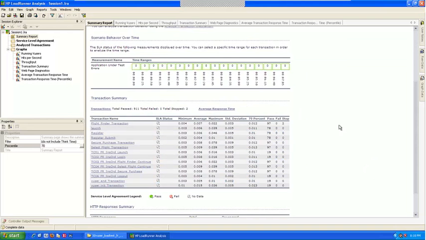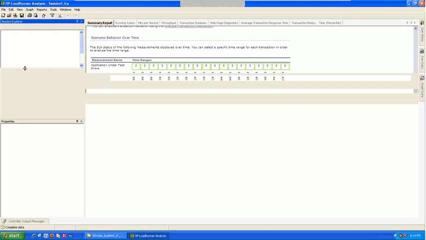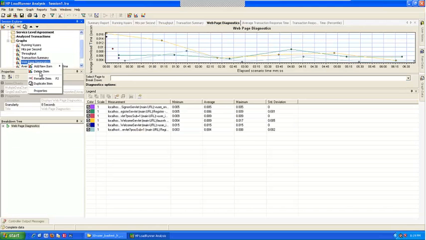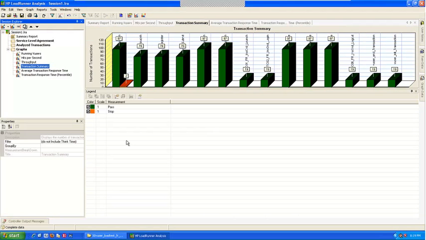So you can modify this, but you cannot change the data, but you can manipulate how you want your response time to be displayed. You can add multiple graphs, you can delete a graph, right click on the graph, select the graph, right click on the graph and say delete, it will delete it. So that's all what we are doing.